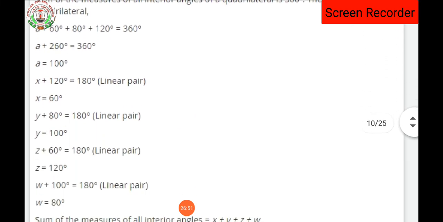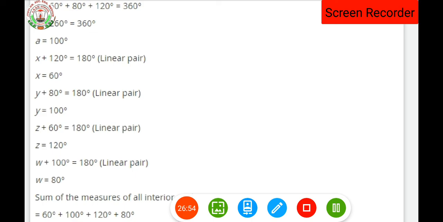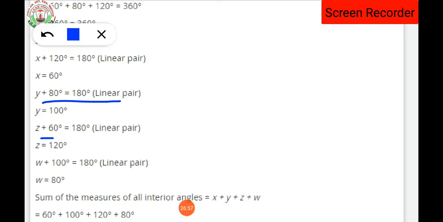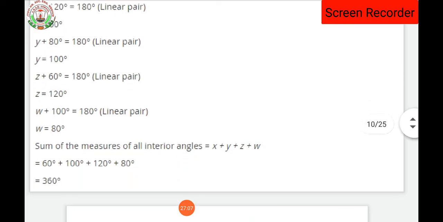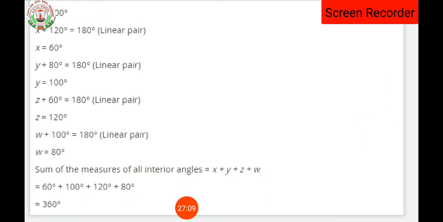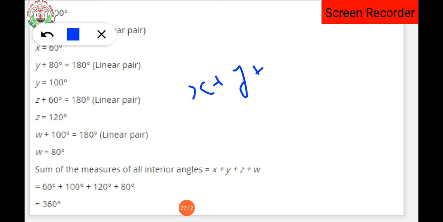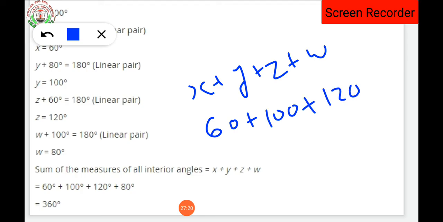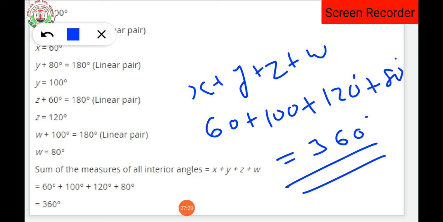Rest of the other angles, the linear pair axiom, I had found and shown you this part, and this part I already explained. Now what about the w part? This w we are having already as 80 right now, isn't it? Now what we are going to do? We are going to add all the sum, because in the question it is asked x plus y plus z plus w. So what is the value of x? 60, y value 100, then z value 120 plus 80. So here the answer will be 360 degrees. So here we have completed the solution.